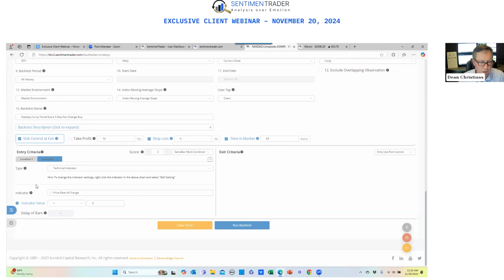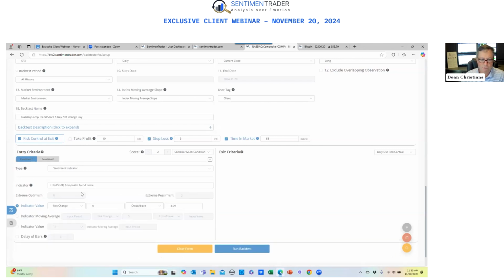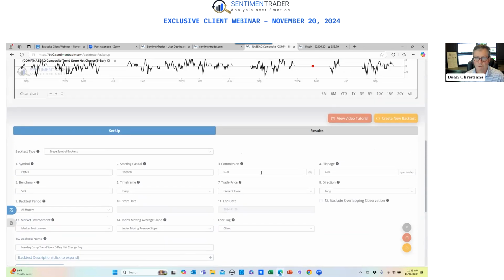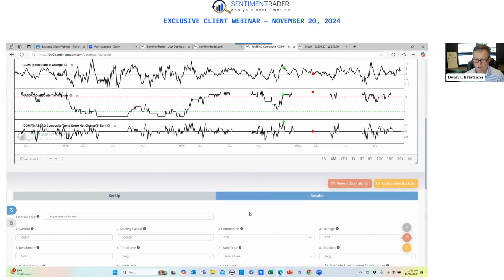So what I do with this signal here is I just add a 10-day rate of change. And all I'm saying is the 10-day rate of change has to be positive, okay? And our 5-day net change for the trend score for the NASDAQ Composite has to jump 4 or greater, and that has to occur on the same bar. Now I'm going to use a time in market of 63 days, and I'll use a stop loss of 5%, okay? So if we go back up and take a look at our results,